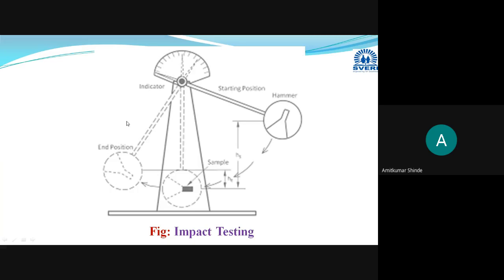Okay, this is the arrangement for conducting the impact testing. This is the base. You can see it clearly. This is the base, and one anvil will be there. On that anvil, we are going to fix the specimen under test. One hammer will be there. With the help of this hammer, we are going to create an impact